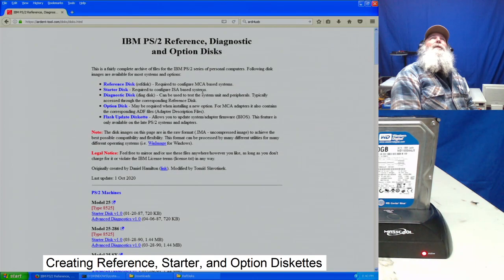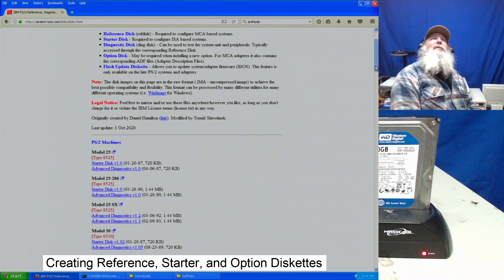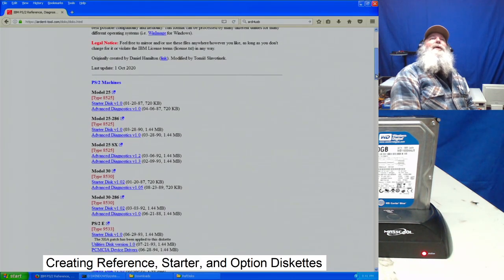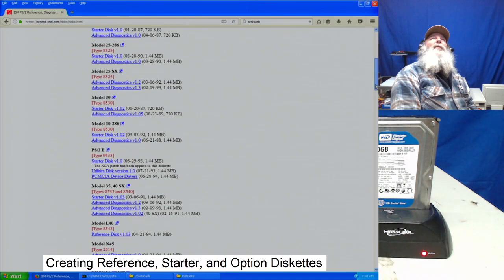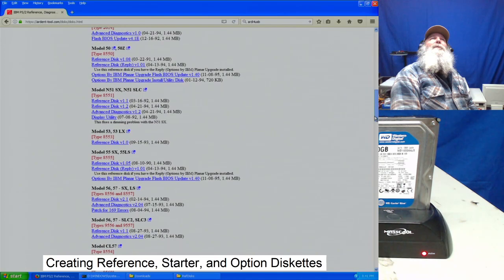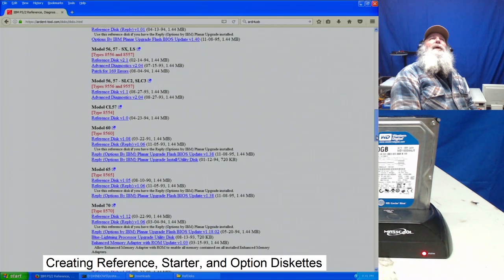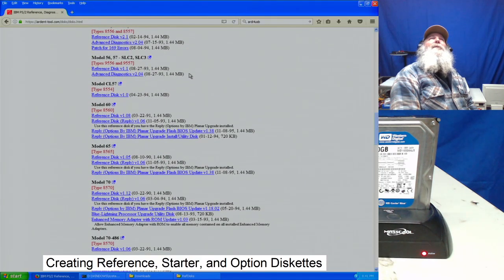It goes through explaining what a reference diskette can be, what a starter diskette, diagnostic diskettes, the option diskettes, and even the images for upgrading some of the models that have that flash BIOS. So in this instance, it's scrolling down until we would locate the particular model, and it's numerically indexed. Okay. And there we have the Model 65